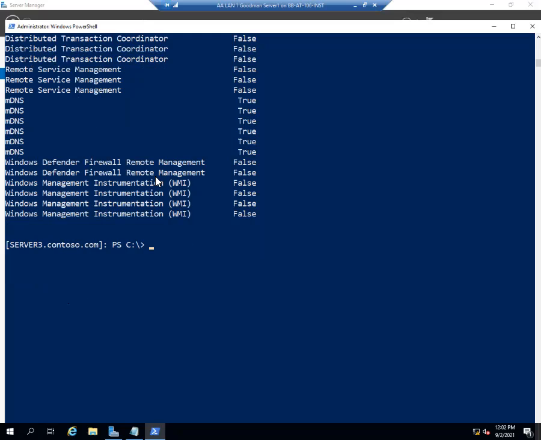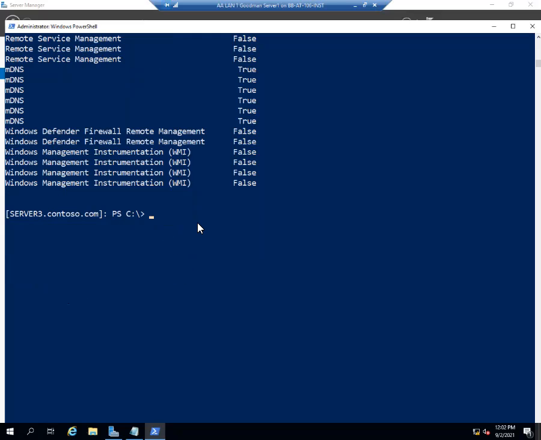So kind of as a shotgun, also Windows management instrumentation. We're going to just kind of shotgun approach it a little bit. We're going to open up anything that has remote in the name. And we're going to also open up the WMI, the Windows Management Instrumentation Service. So let's type in,